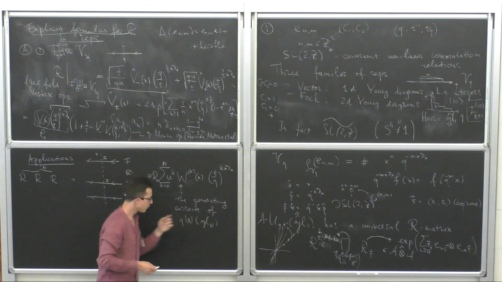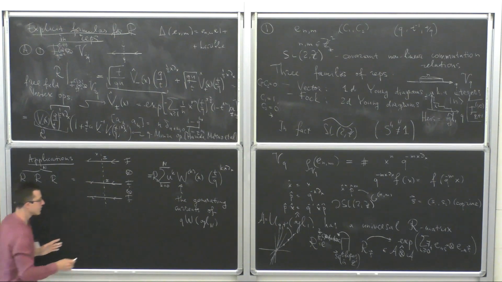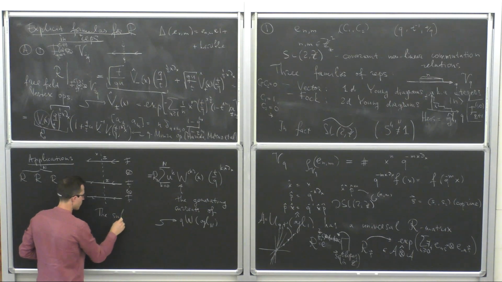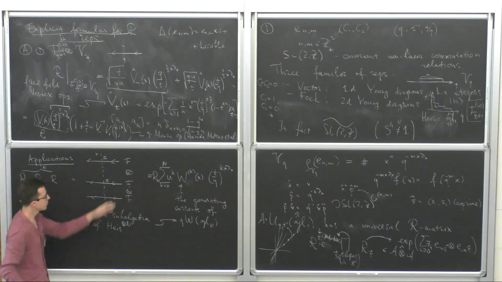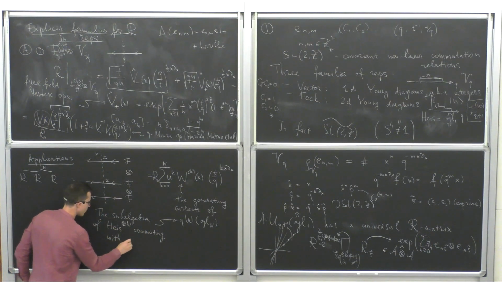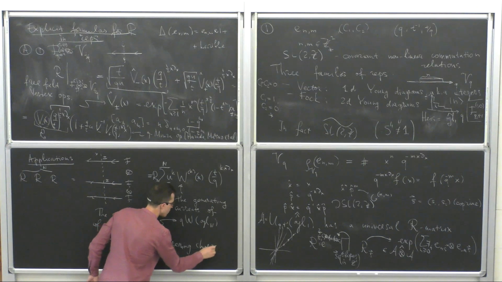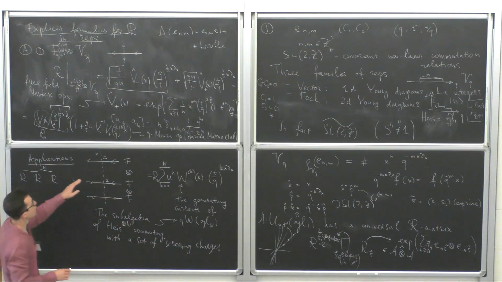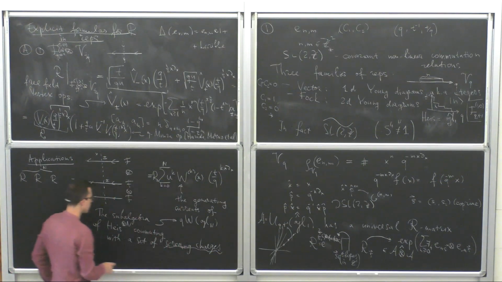Because QW of GLN is, well, there are many definitions, but the most common definition is an algebra commuting with a set of screening charges. So the subalgebra of n copies of the Heisenberg algebra, of a free field algebra, commuting with a set of screening charges. Well, the screening charges have explicit form, and again, without knowing the overall quantum toroidal structure, this looks like some ad hoc construction, but the screening charges turn out also to have meaning, and they have the following